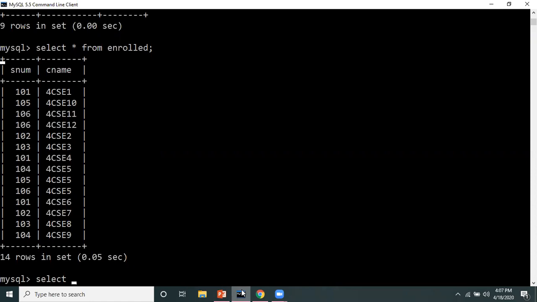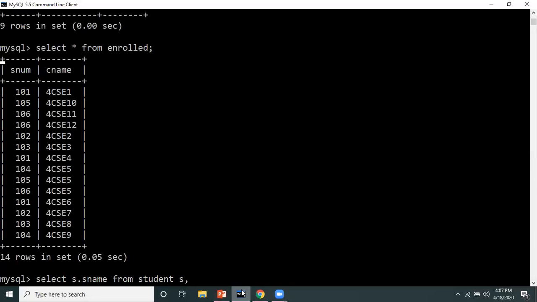So I'm selecting from the student table, and I'm giving an alias, so again and again I don't have to write full table names. So I'm using S for student. So I'm writing S dot the attribute name, and the attribute for student name I have given as sname. So I'm writing select S dot sname from which table, from the student table, and I will use student, and I'm giving alias S. So I'm writing student S. I can write it like this also, student as S. That's also the same thing.